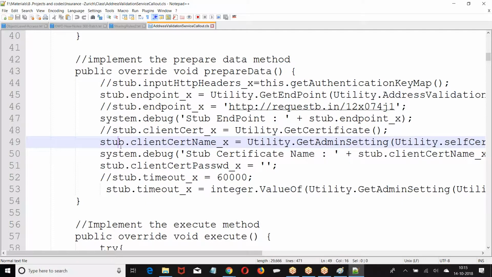Now you are finding util.get admission because this is connected with 13 systems. So depending upon the requirement, the corresponding certificate will be fetched and integrated. The endpoint URL will be fetched dynamically. The certificate will be fetched dynamically, for which we wrote one utility class. Only the certificate name we are passing. Previously we used to pass certificate name, certificate and password.